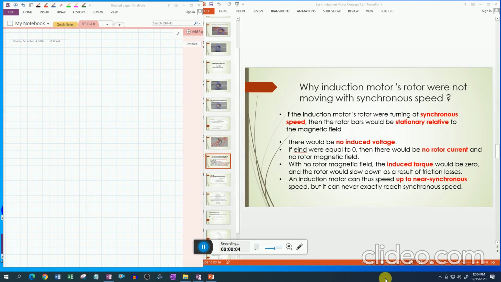Now we are going to study a very important concept, which is that the induction motor rotor will not achieve the synchronous speed of the magnetic field. Why? If we were in physical mode, I would ask this of you, but here I will tell you why the induction motor does not move with the synchronous speed. This is the conceptual part. You have to understand that if